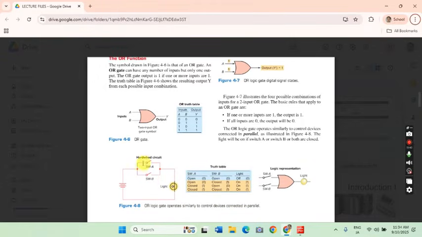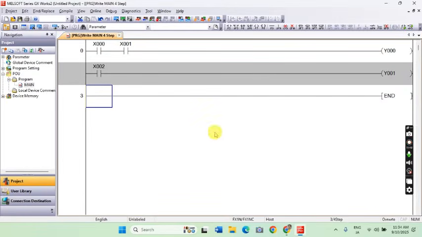So if you notice, the switches are arranged in parallel. So for this OR gate function, the equivalent inputs will also be arranged in parallel. So how do we add a parallel input? The fastest way is we use the open branch, or the shortcut key is Shift F5.